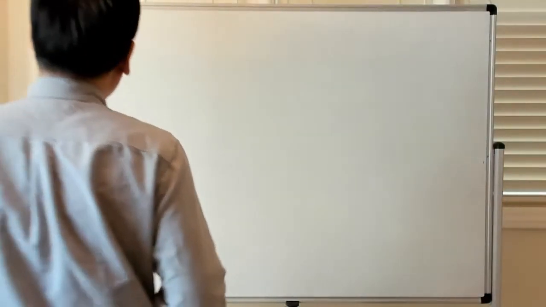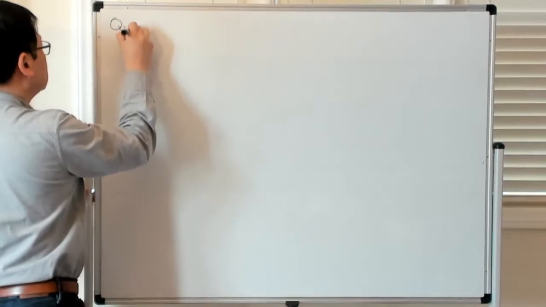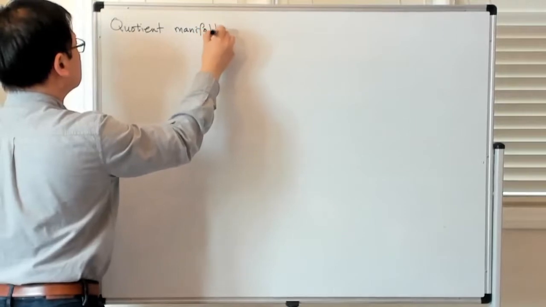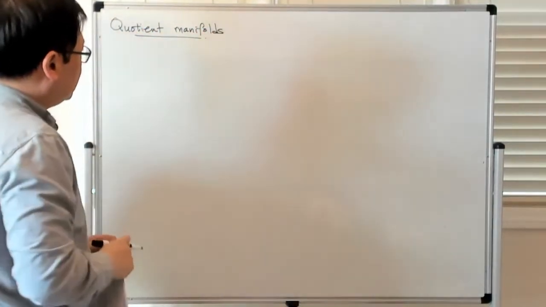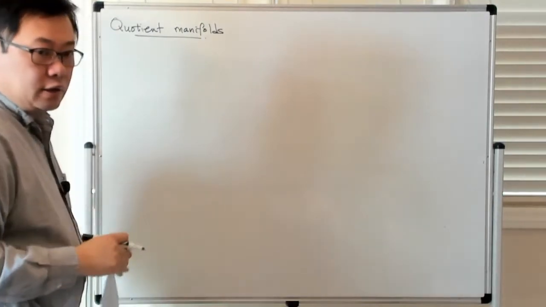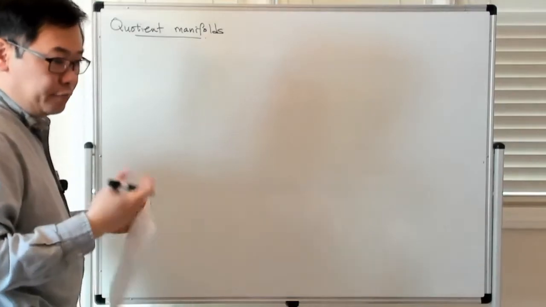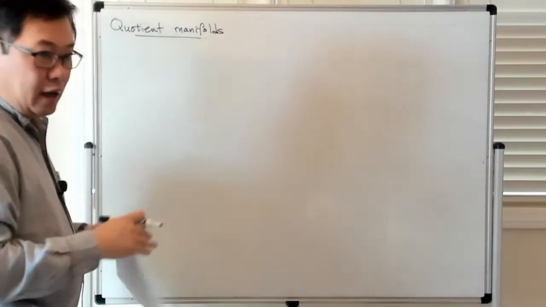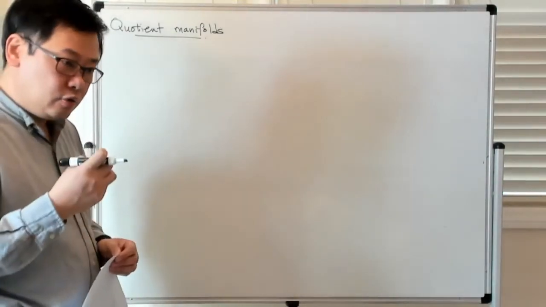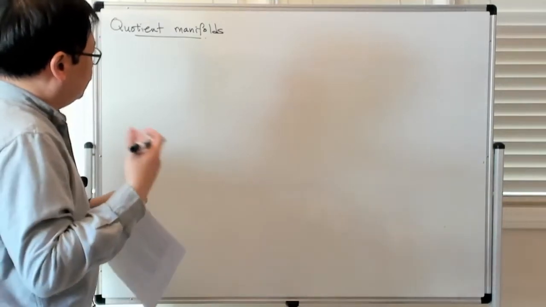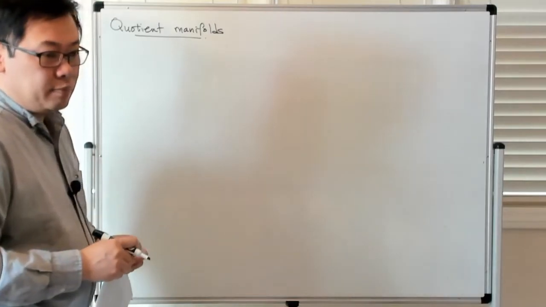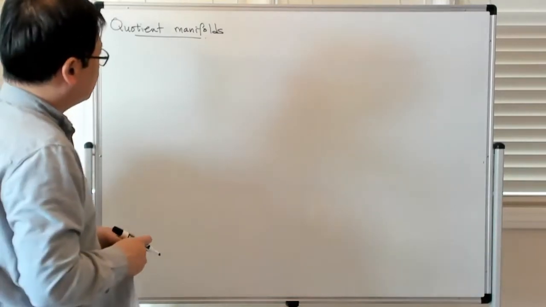Right, so now we're going to talk about quotient manifolds. One motivation for studying quotient manifolds is if you're working with, for example, the Grassmannians, which are the set of p-dimensional subspaces of a larger dimensional space. Typically, when you work with Grassmannians, you manipulate elements of Grassmannians by looking at representative elements, which consist of elements, say, of the